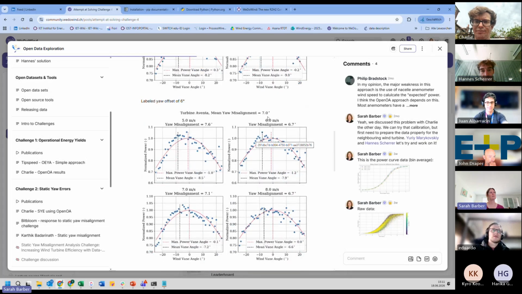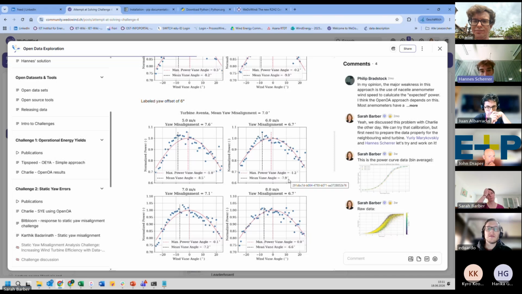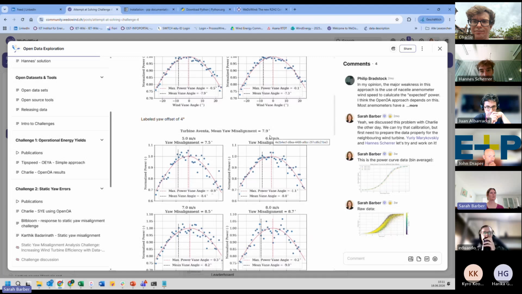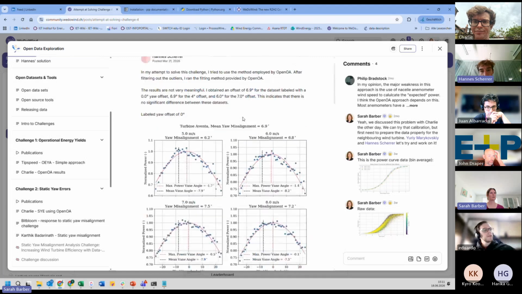And this one at the top is then the average of the four different wind speed bins in that area, and then this one at the top is the average of the averages. So is that 7 the average of these 4? Exactly. And that one should be 6 degrees, and that one should be 4 degrees, and that one should be 0. Yeah. So that was the testing.